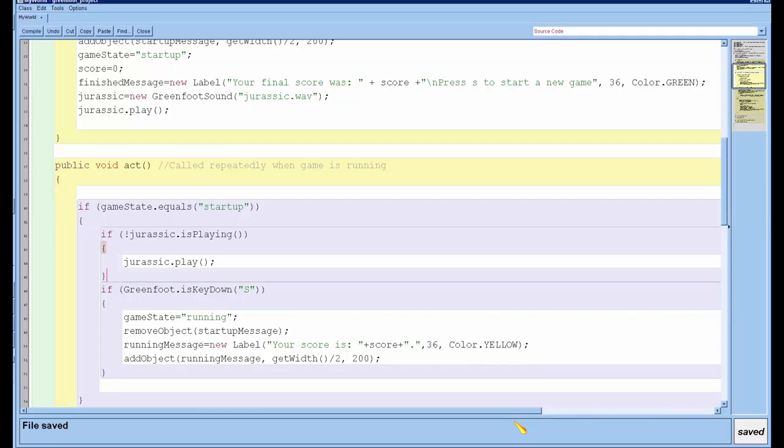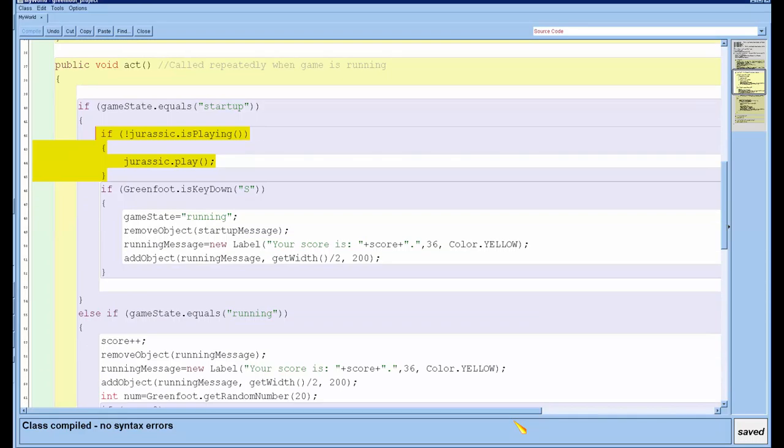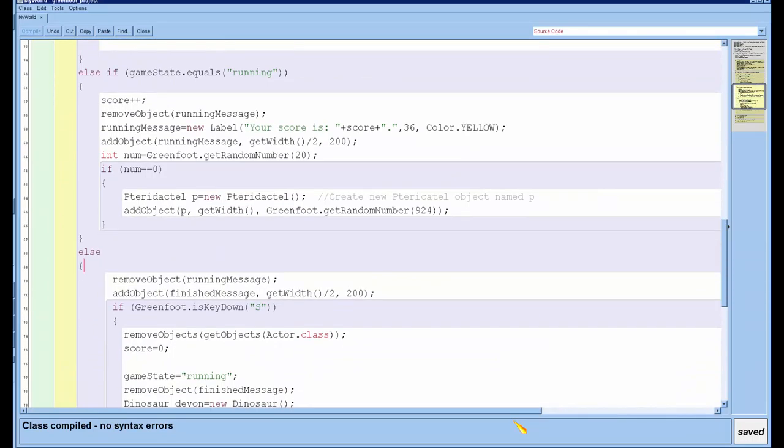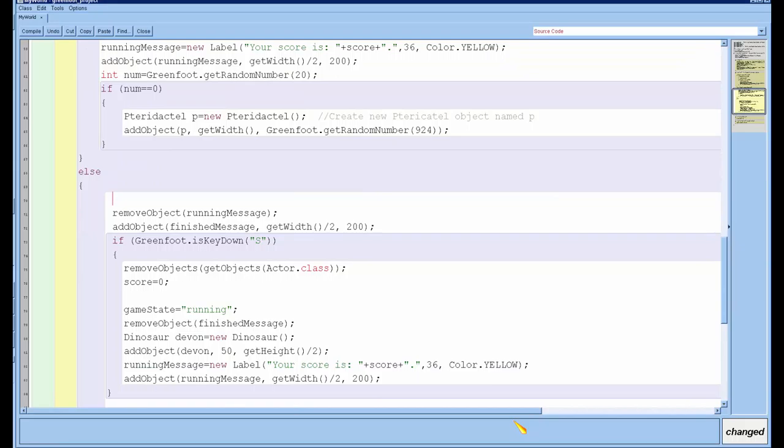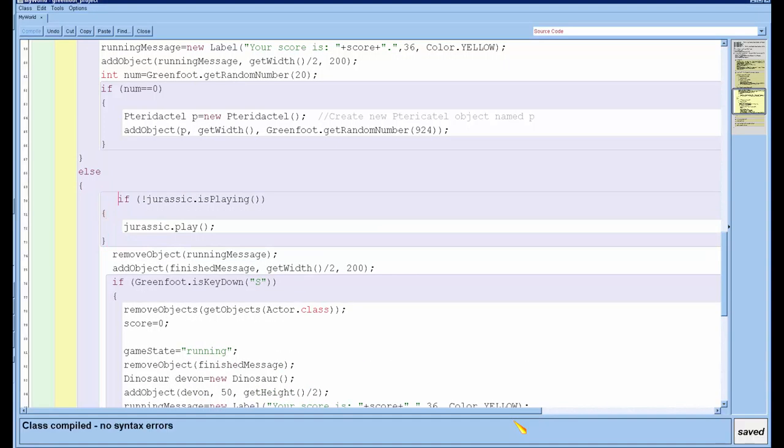Okay, and that is also going to happen when the game is ended. So when the game is finished, I'm going to say if not Jurassic.isPlaying, Jurassic.play.